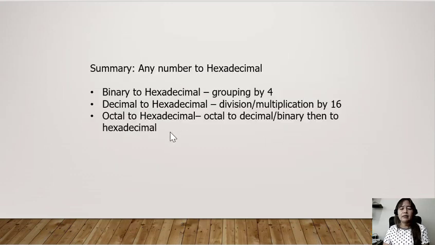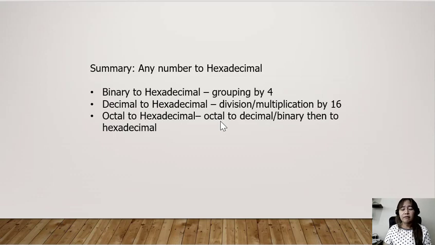Alright, so to summarize, we have just learned how to convert binary to hexadecimal, and that is by grouping the numbers by 4 and remembering the placement of 8421. We also learned how to convert decimal to hexadecimal, and that is by either dividing it by 16 or multiplying it by 16. If it's a whole number, we continuously divide it by 16 and read it from the bottom up. If it is a decimal number, we convert it by multiplying the decimal number by 16 and setting aside the whole number and continuing with the decimal part until the number of